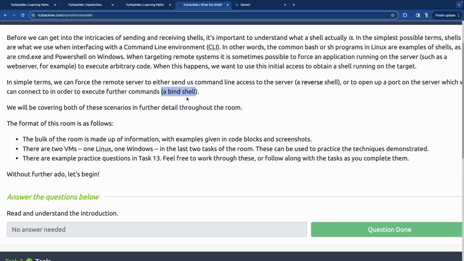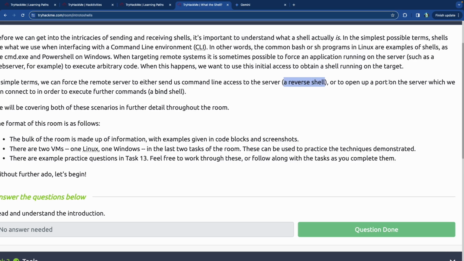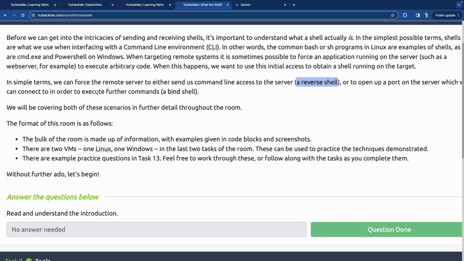We'll talk about what those are in a lot of detail, and we'll even go through some examples here. When you connect to a remote server and have that remote server connect back to us, it's called a reverse shell. And when we open up a port, which we can connect to in order to execute more commands, that's called a bind shell. So when we create, for example, an msfvenom reverse shell, and we've done this a lot in a lot of different videos,